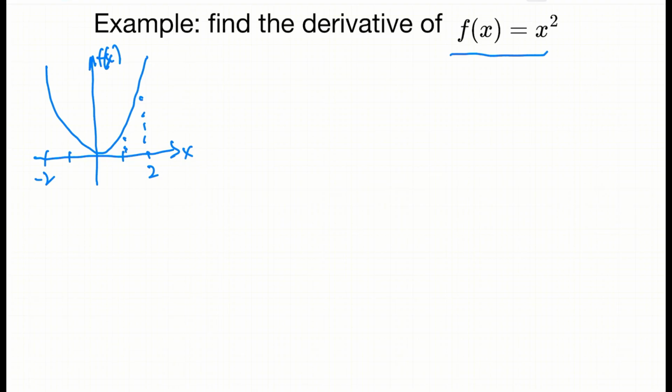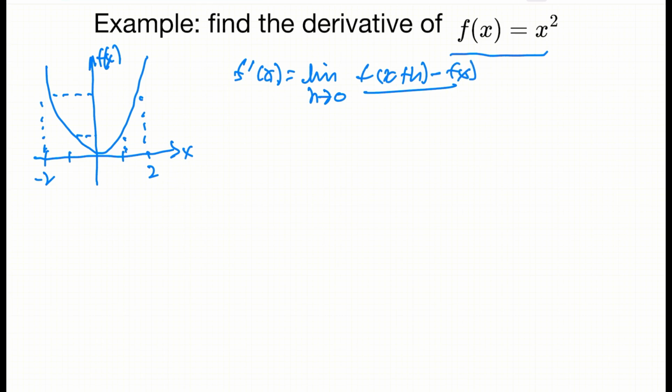So it's going to go to 4 at 2. And this is an even function, so it's symmetrical about the y-axis. So there's our function. Now let's look at our definition. F prime of x, we just saw, is the limit as h goes to 0 of f at x plus h minus f of x divided by h,